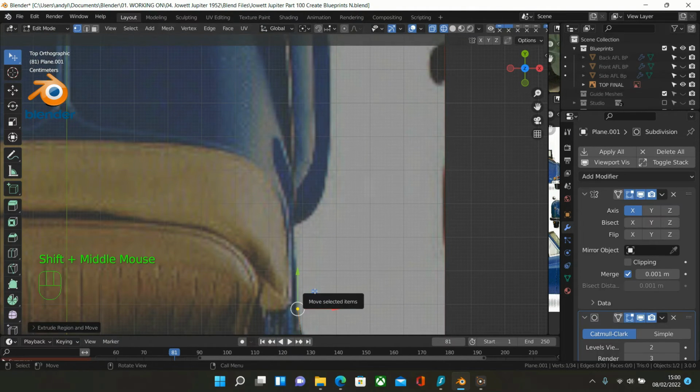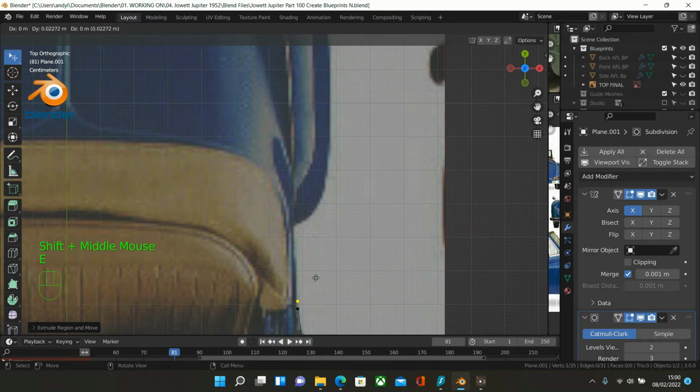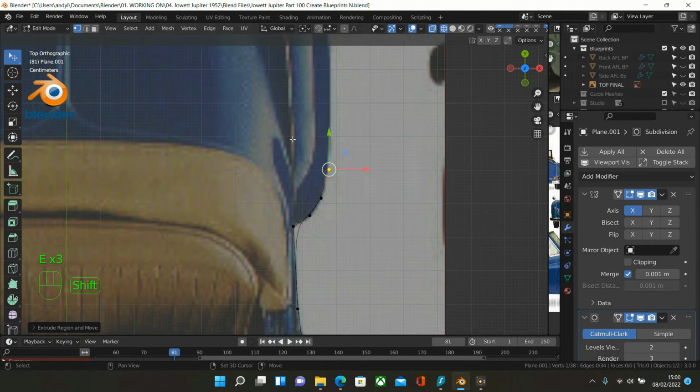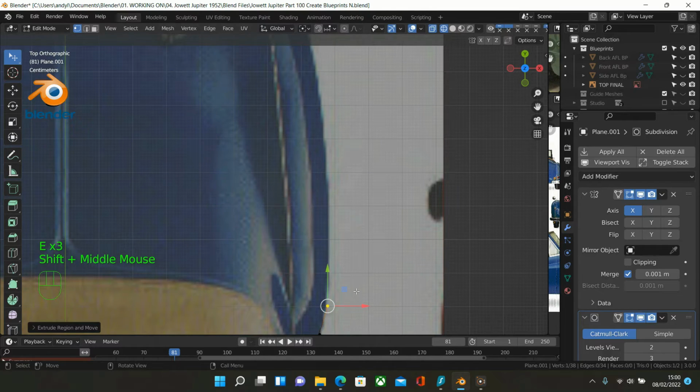This is, we're just tracing around the line. E, bring that to here. I'm going to take it around, so E to get the curve, press it 1, 2 or 3 times to get the curve in place. And then we've got another straightish bit, which is obviously again the wheel arch. So press E